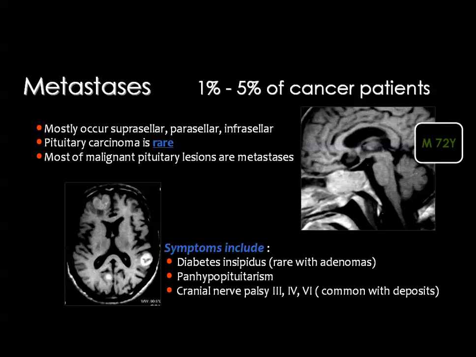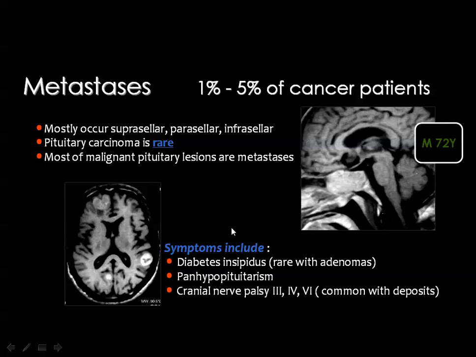Then in the pituitary region, as well as in the orbit, and in many areas in the head and neck, metastatic deposits can be seen. And metastasis to the pituitary gland is a known pathology, although it is rare. And also metastasis to the infundibular stalk, metastasis to the optic chiasm, metastasis to the skull base, all these are well-known pathologies. Then metastasis to the sellar area may occur in the suprasellar, in the parasellar, or in the infrasellar